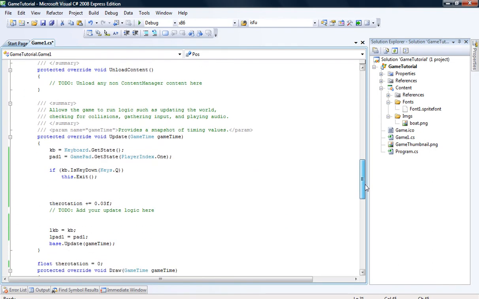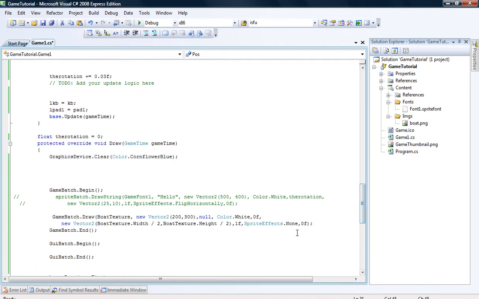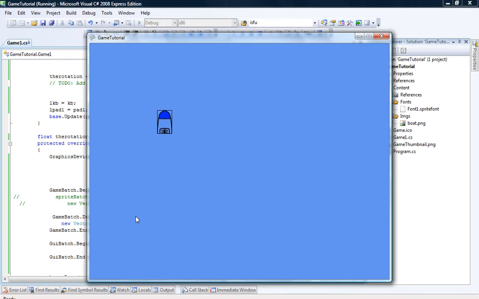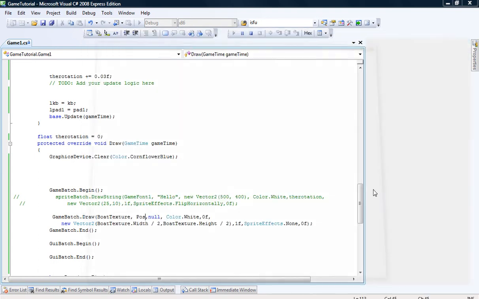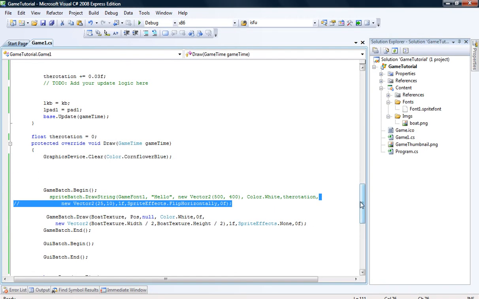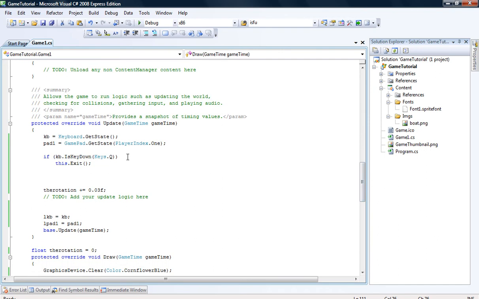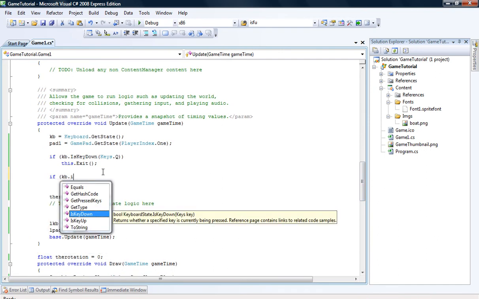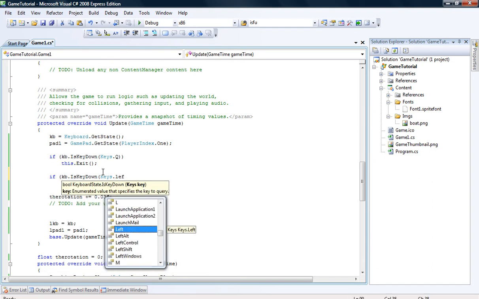And then down here, when we draw our image, instead of saying a new Vector2, I'm going to just enter pos. And of course we've set pos to 200, 200, so it will draw the boat at the position 200, 200. Then in the update, I'm just going to specify that if keyboard.isKeyDown keys.left